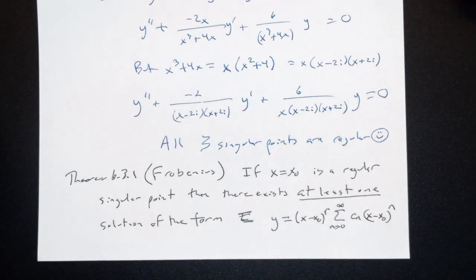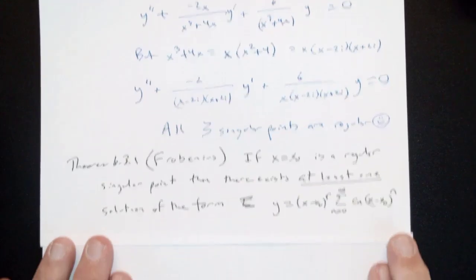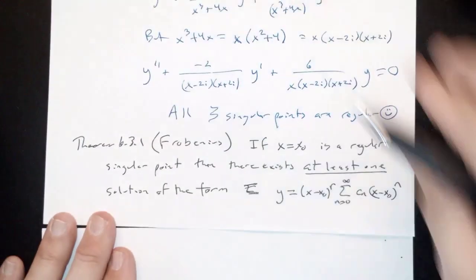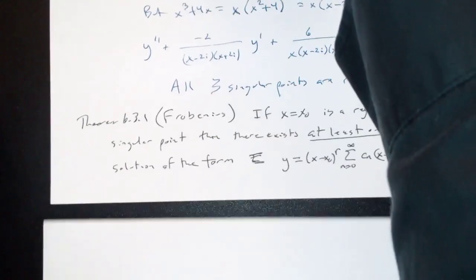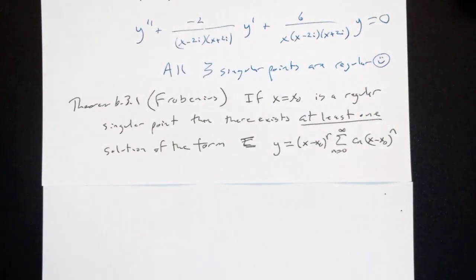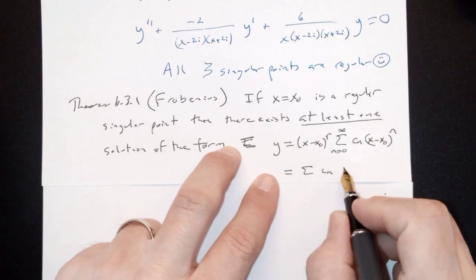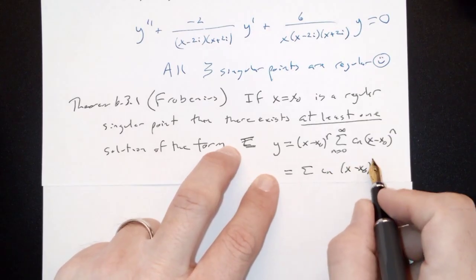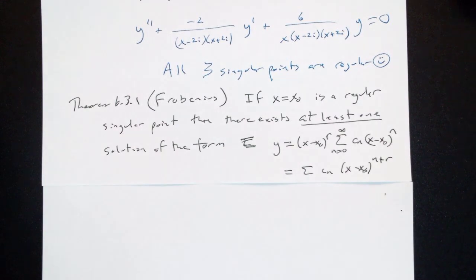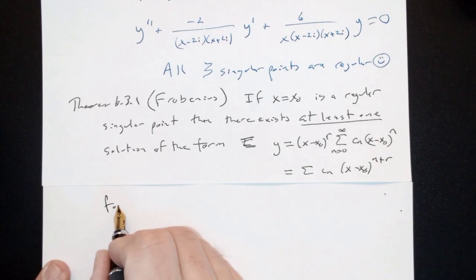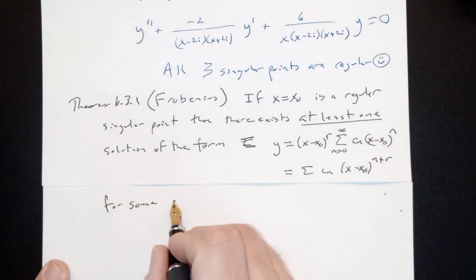What is going on here? We have this extra factor of x minus x0 to the r pulled out in front of our power series. And r has to be known beforehand. I could, by the way, write this as Cn x minus x0 to the n plus r, if you'd rather. Put it back inside. It's your call. For some constant